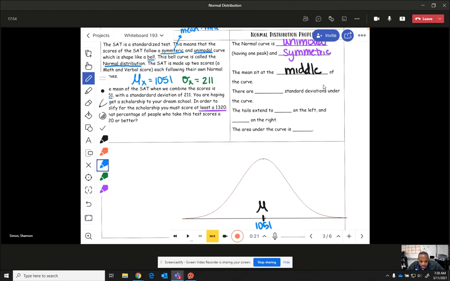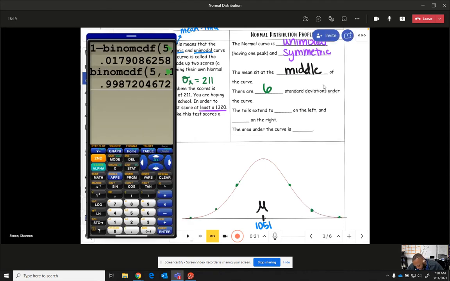And if you recall, there are 6 standard deviations underneath this curve, 3 to the left. Remember, your standard deviations are the points of inflection where they start to drop. So they're here and here, here and here, and then here and here. And we know in this particular case that we have a standard deviation of 211. So to get the values to the right, I'll take